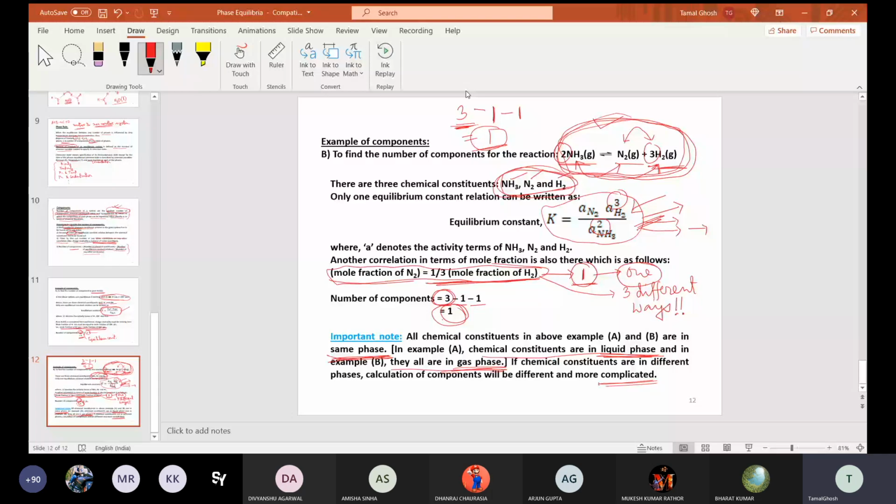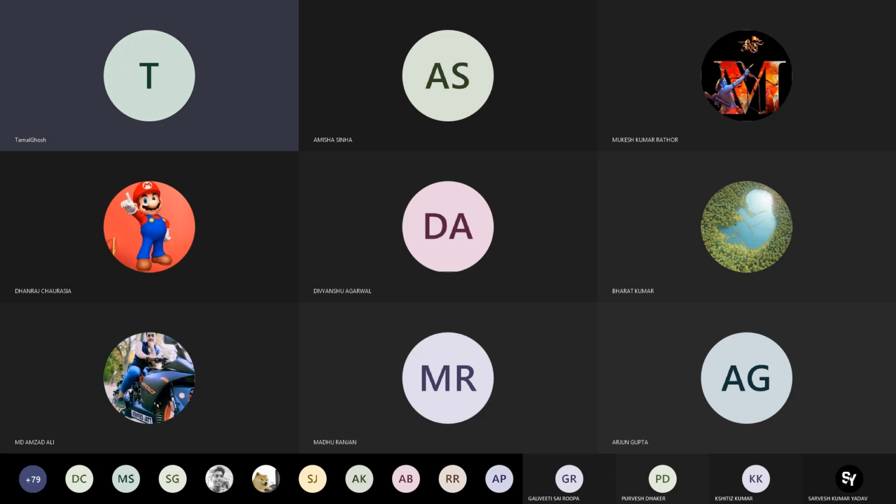Or any other questions? Okay, then I'll upload this chapter, so you read these topics. Only remember, phase equilibrium itself is a very large topic. The concept was started or concept